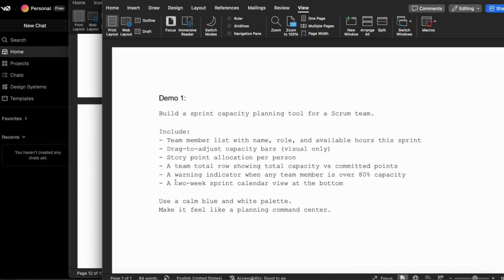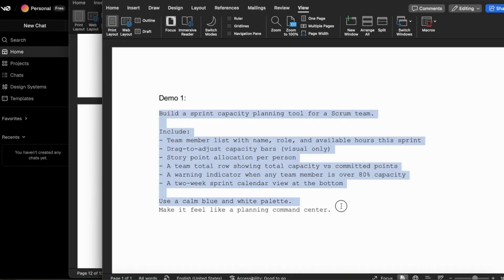And I am asking it to show a sprint calendar as well below, that will show as a calendar. And I am suggesting it to use a calm blue and white palette. You can use the organization standard colors, whatever you want. Just for demo purpose, I am using this. Make it feel like a planning command center. And yeah, that's it. Let me copy this